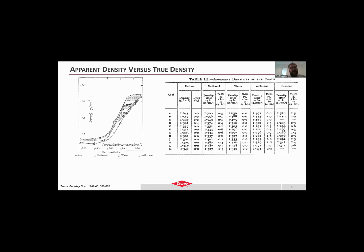And actually, at its highest densities, the helium has this drift effect, where the density measured through helium directly after the pressure is applied differs from that after 24 hours of stabilization, indicating that the pores are getting so small that the helium molecules can no longer get into those pores, which brings out a really interesting phenomenon that I'll come back to about